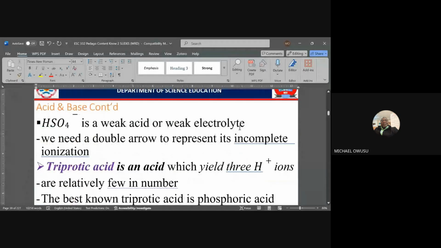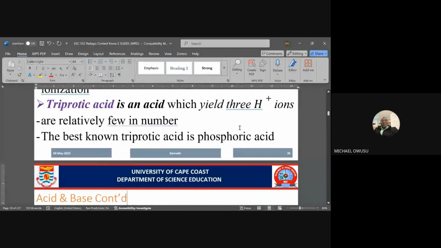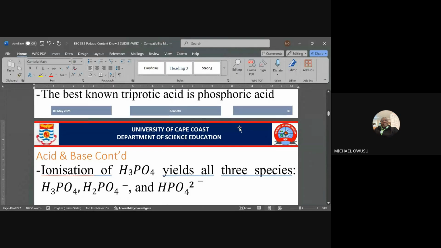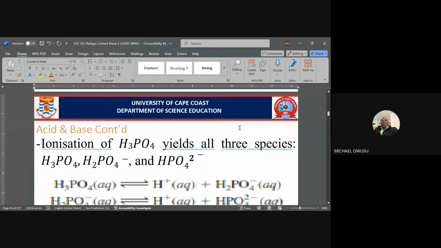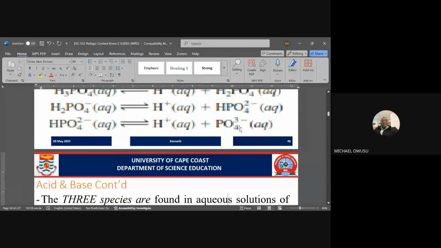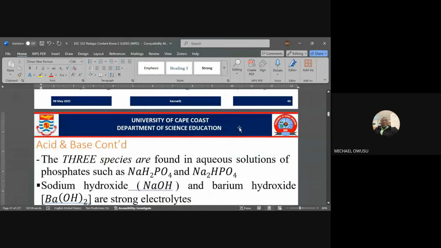And then the triprotic, that one too is there. We have three, like H3PO4. All the three will be yielded. And then at the end of the day, we have your acid being produced, or the H plus being produced. That is about it. The three species are found in aqueous solution of phosphate, such as